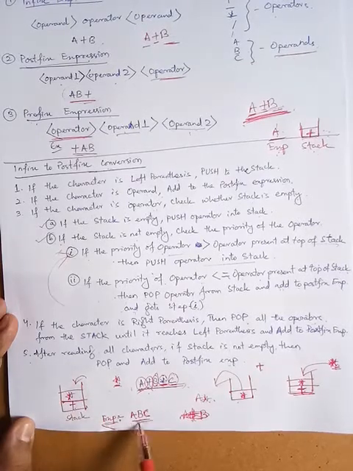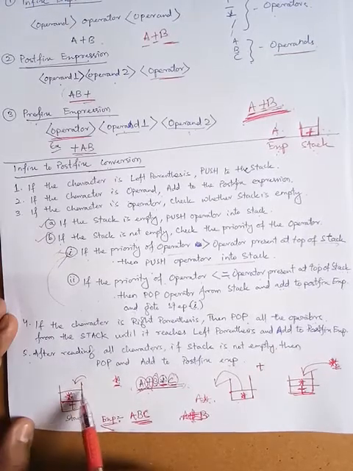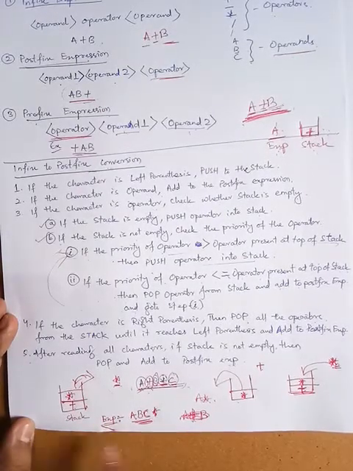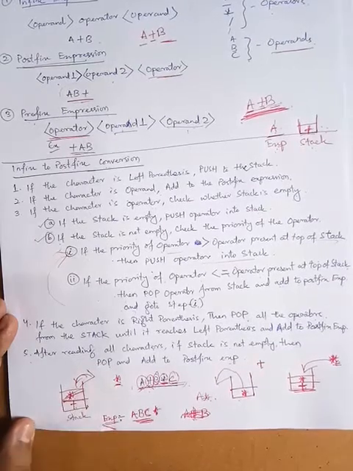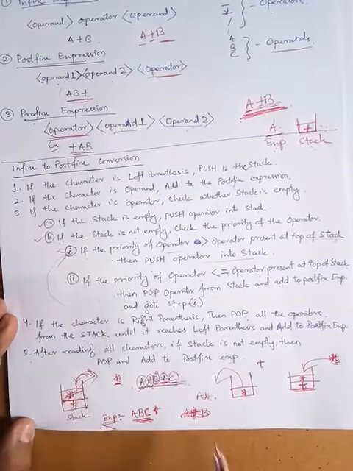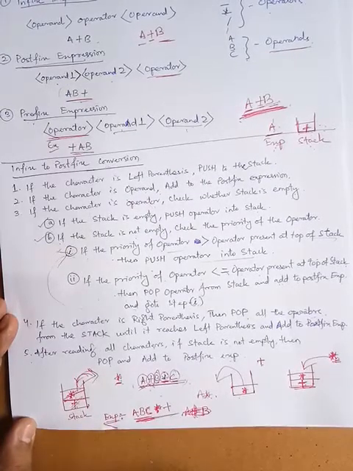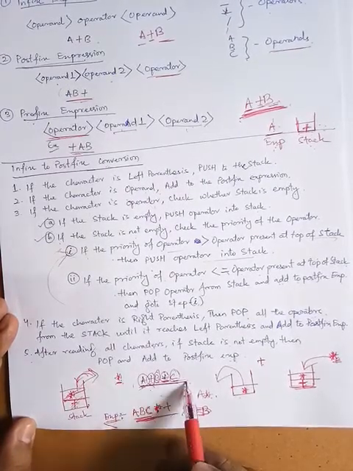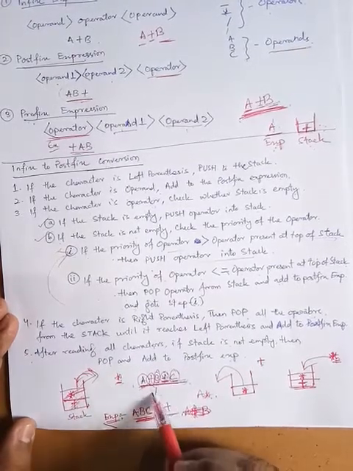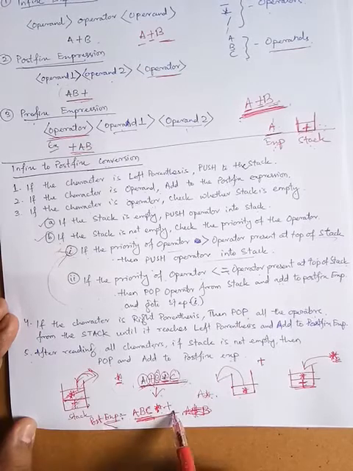This is the postfix expression we have written here. Now, one by one: the top of the stack operator is star, which will be popped out and added to the expression. The next operator is plus, so plus will be popped out and added here. Now this is the postfix expression. So we have converted the infix expression, a plus b star c, to the postfix expression a b c star plus.